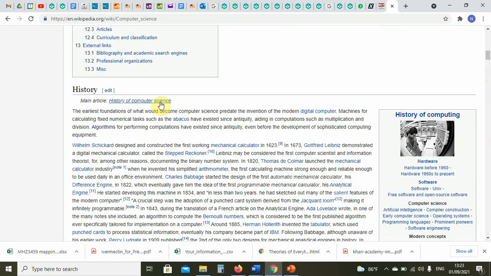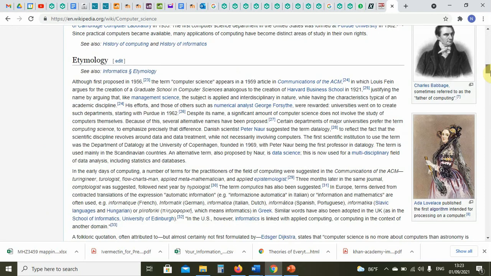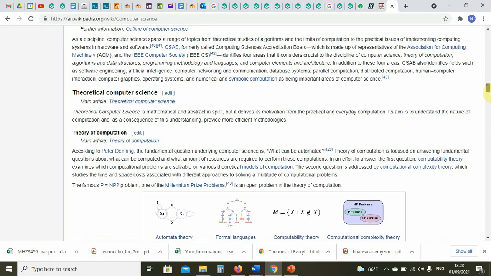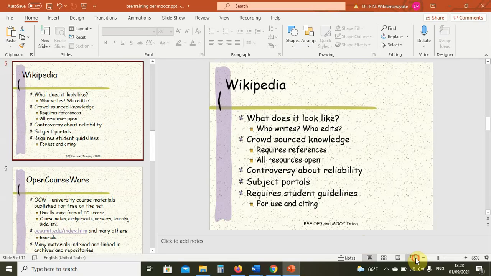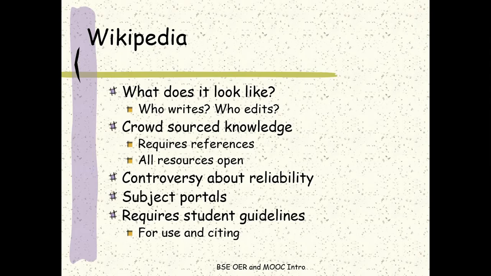And if you want more detailed history, it is over here. And so this is like having a textbook, a free textbook on your laptop. There are even Wiki Books now, which are textbooks made out of Wikipedia pages. You can search for those as well. And then, instead of collecting your own collection of Wikipedia pages, you can take the textbook. So there may be a Wikipedia textbook on computer science. It's possible somebody may have done it, or you can do one and put it up and see whether people